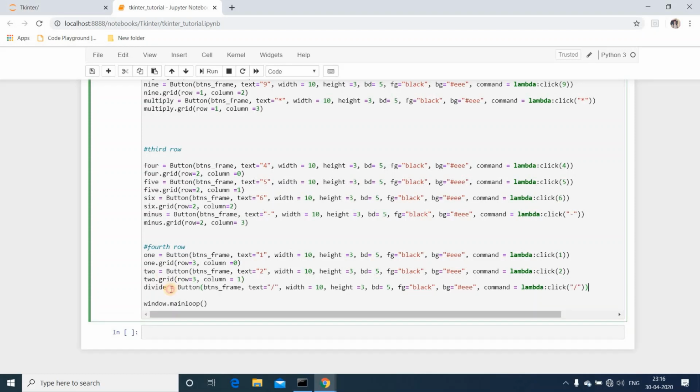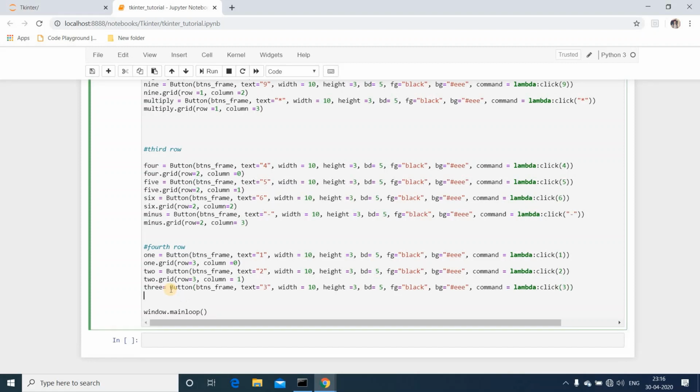Again paste the same, change it to 3, change the text to 3, and again pass 3 to the click function, and then just grid it. Grid of row equals 3, column equals 2.